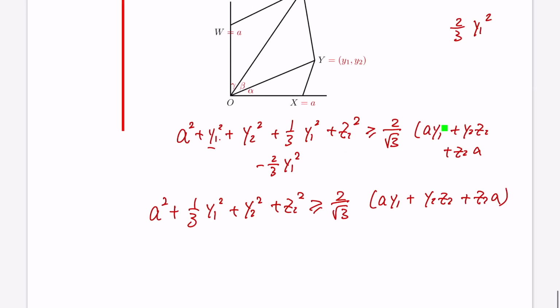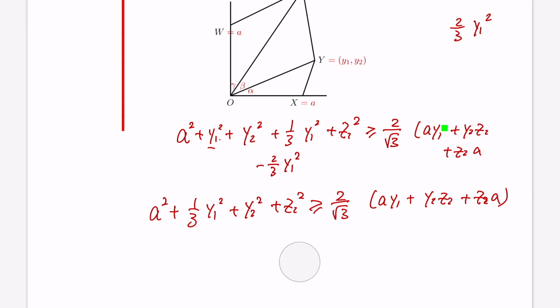So that's the inequality you want to prove. And so from this one, you can optimize y1 because there's only y1. Y1 goes to a to z2 to y2. So the optimal case for y1 is y1 to be equal to,